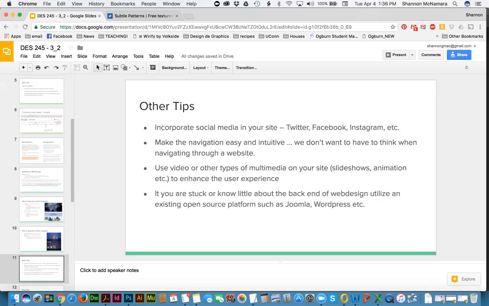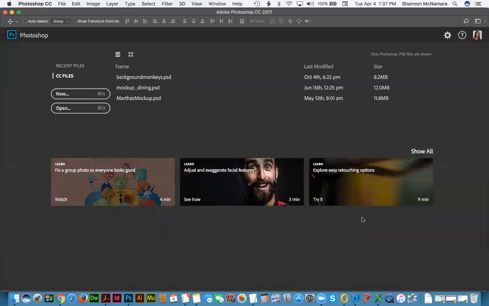So you notice when I created my website, the navigation, the buttons, the placement of them makes sense. Don't reinvent the wheel with your navigation. Use video or other types of multimedia on your site, slideshows, animation, etc. And let's say that you wanted to do something like that. That can be done